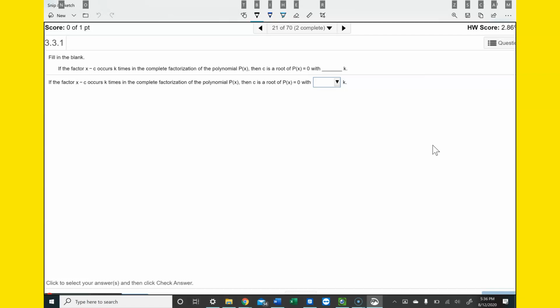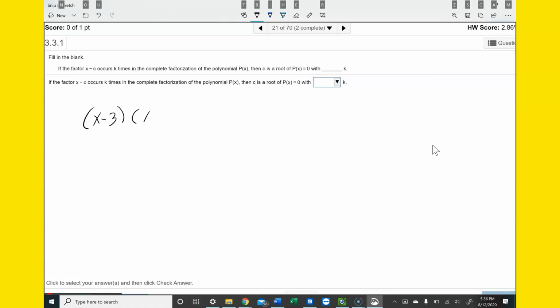All right, this next problem, problem number 21, brings on some different concepts than we've covered so far. If x minus c occurs k times in the complete factorization of the polynomial p of x, then c is a root of p of x equals 0 with what? So what's going on here is there's this concept that when you factor a polynomial, let's say you have x minus